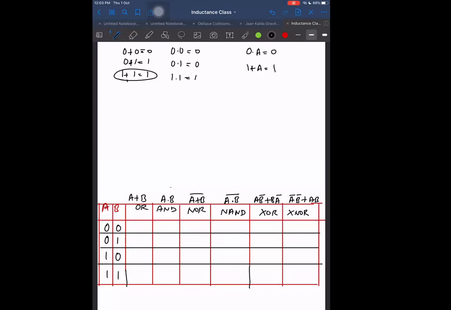But here it is not addition actually, it is OR gate. It is 1 or 1. What does it mean, 1 or 1? Let us say I have a switch here, a battery and a bulb, and another switch. Switch 1 and switch 2. Now I am asking you, when will the bulb glow up? Which switch should I close? Any one of these.